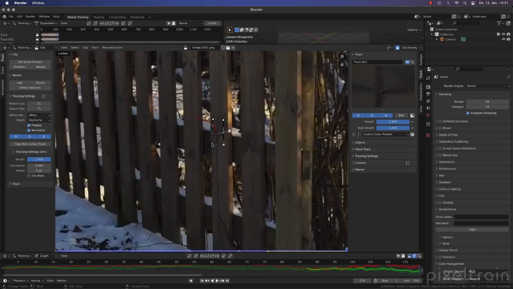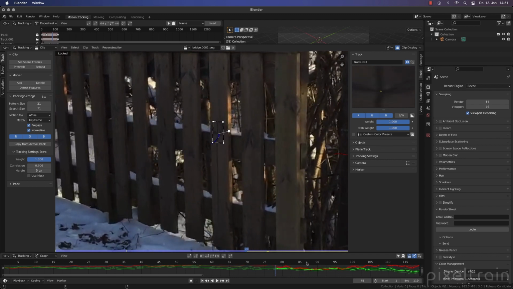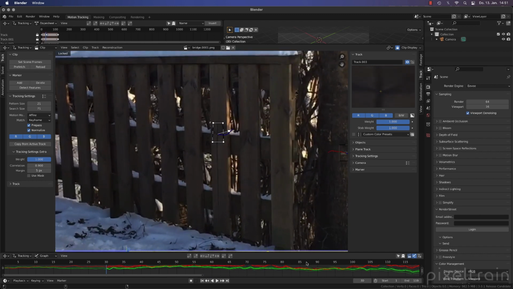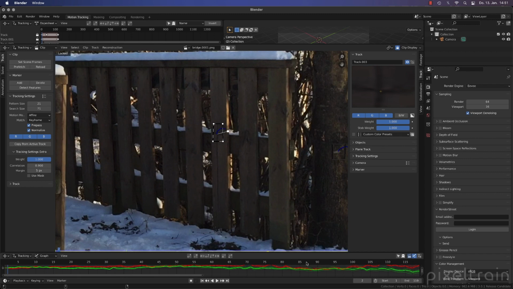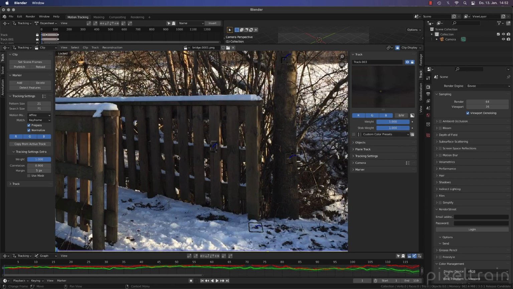Okay, last frame. Nice. Jump back and track backward. Okay. You see, that's the whole process now. We go now through the whole thing.